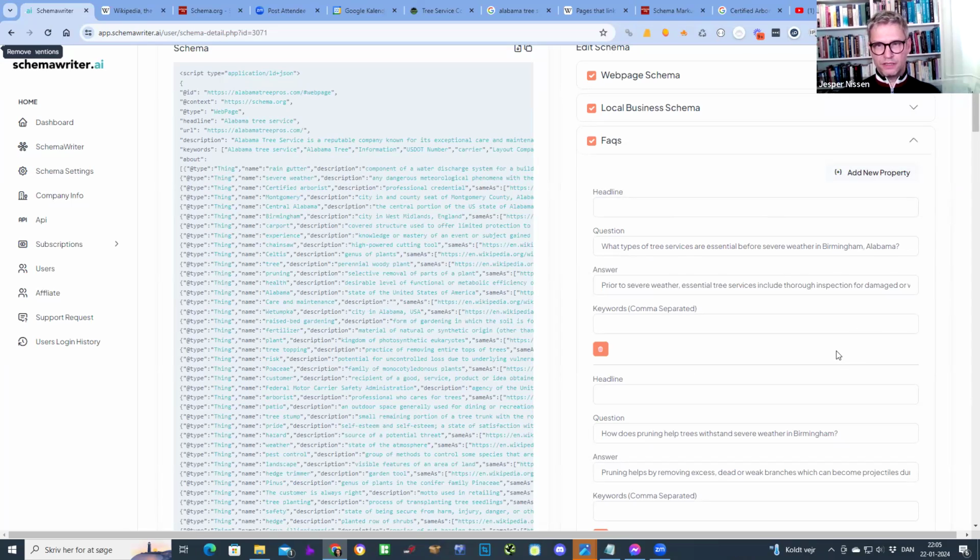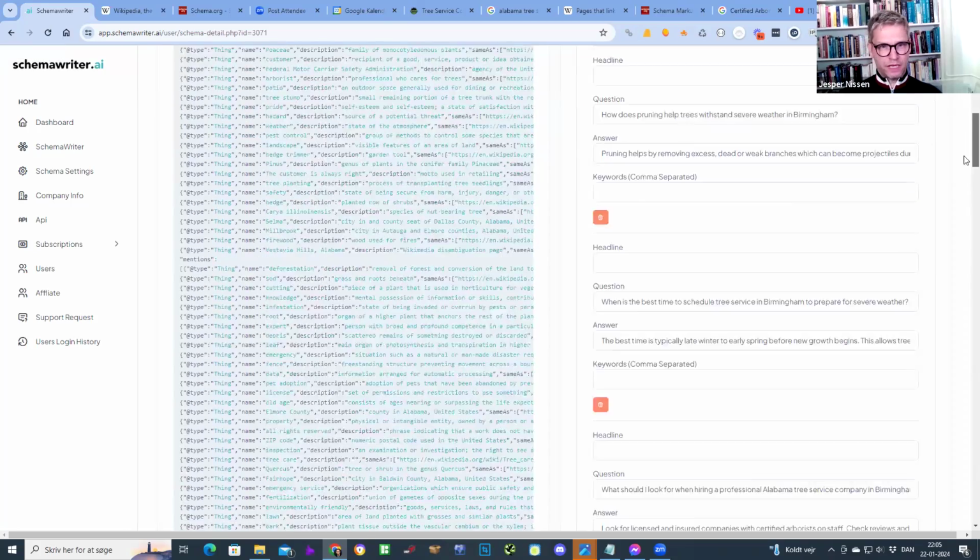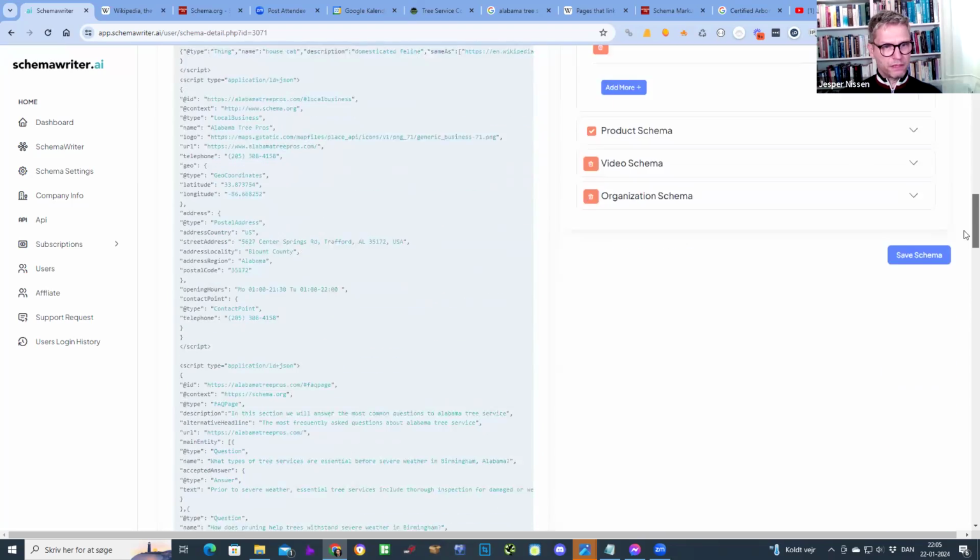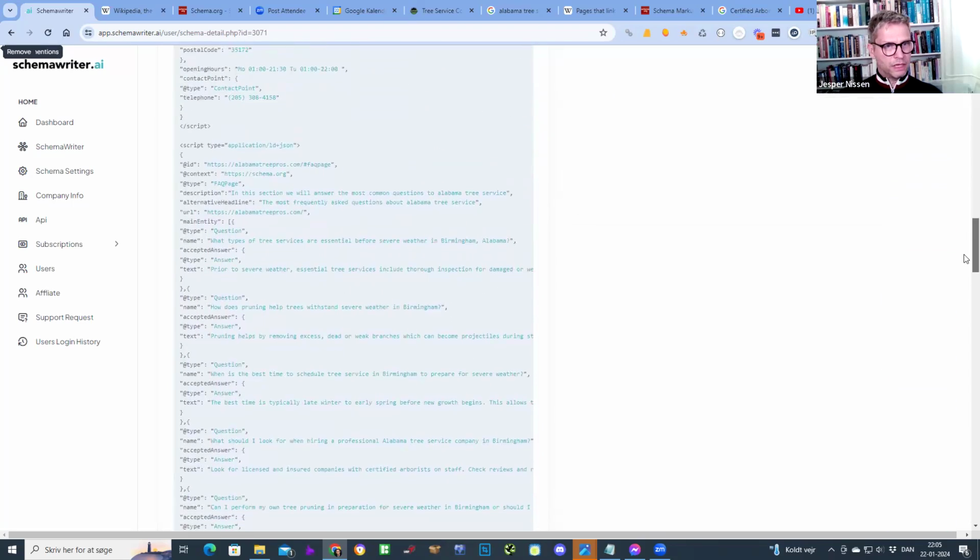And based on these entities, we produce these keywords, these questions and these answers. And we're using the OpenAI API for that. The reason we're doing that is we want to strengthen the topical authority of the target URL. So you can see over here to the left side, when I scroll down to inspect the schema code,